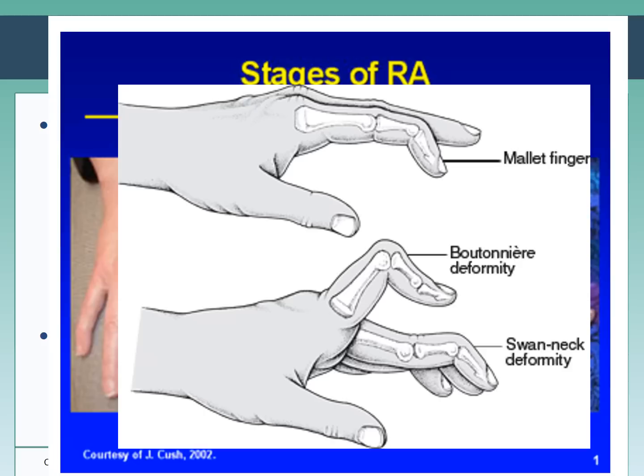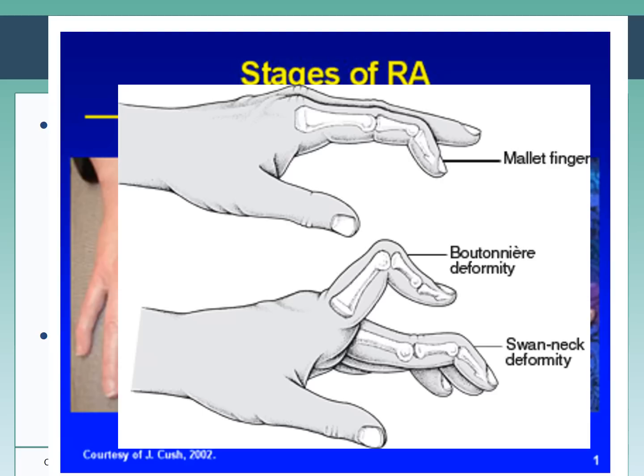And basically what ends up happening is you have these tight interosseous muscles pulling on the extensor tendon that reinforces the hyperextension of the PIP. So a swan neck deformity is going to have hyperextended PIP with a flexion of the DIP